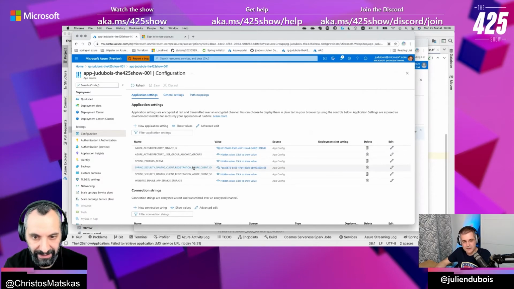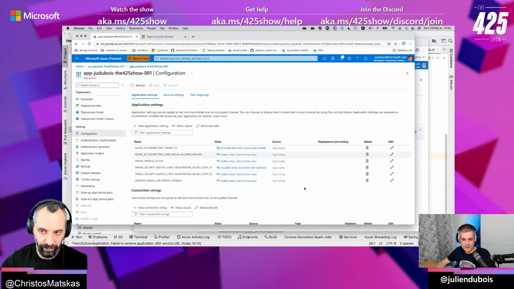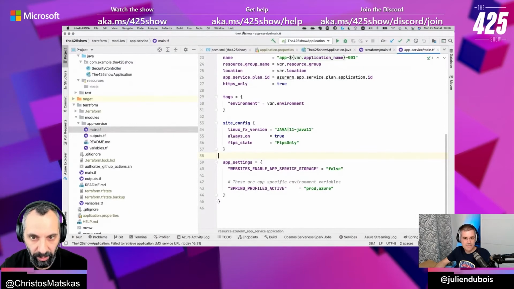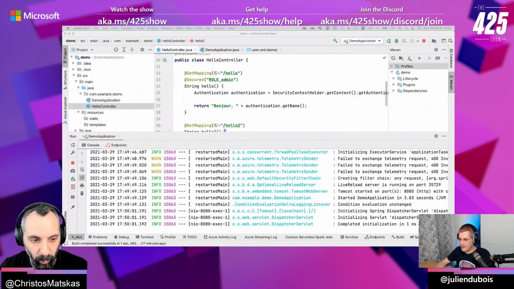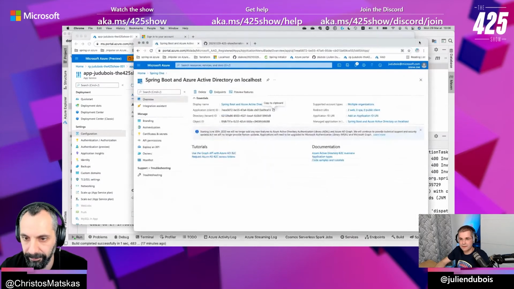So it's not going to be in the tenant ID. The reason I asked if you're pointing to the right client is that it's one of those IDs. Yes, it's either the security or the client, one of those two. Or maybe I mistyped something. Well, these ones work okay because you can get to Azure AD. Going to Azure AD works correctly, so it knows where to go and which app to look at. The question is what happens with the redirect URI. I wonder if we're missing something there. Show me again the one that works on local. What is the redirect URI there? So here it is.